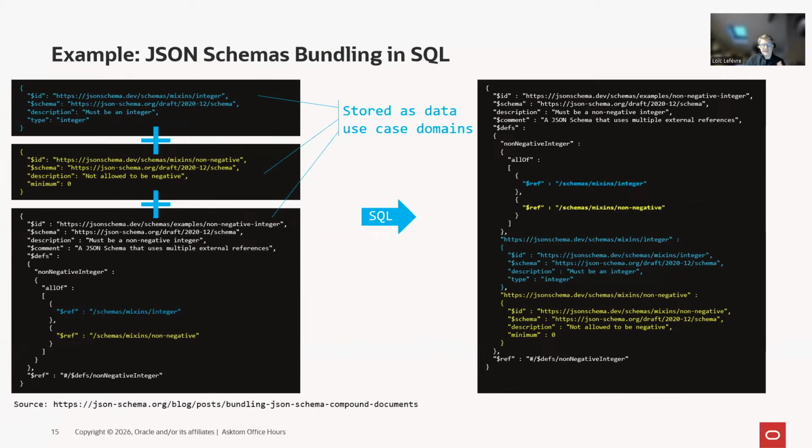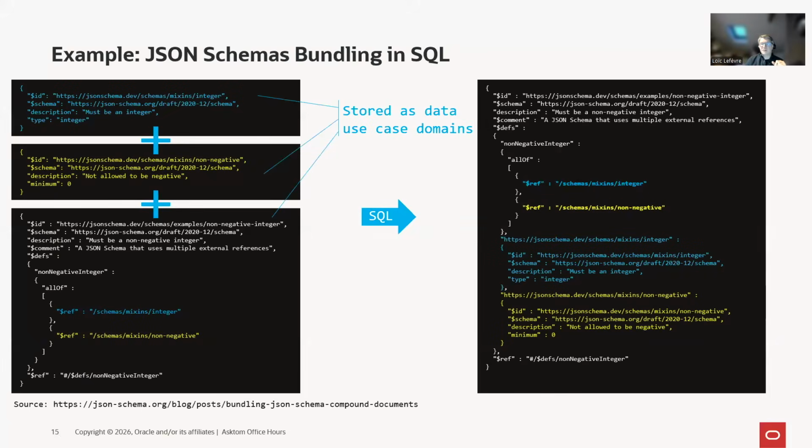So for those that don't know what bundling is, basically you can specify your JSON schema as very specific resources, so actually three JSON documents. But there are certain tools like OpenAPI that don't work that way, and they need to have the whole JSON document. So that one here, which refers to the blue and the yellow subschema, if I may, and they want to use that whole approach. So having a bundled JSON schema.